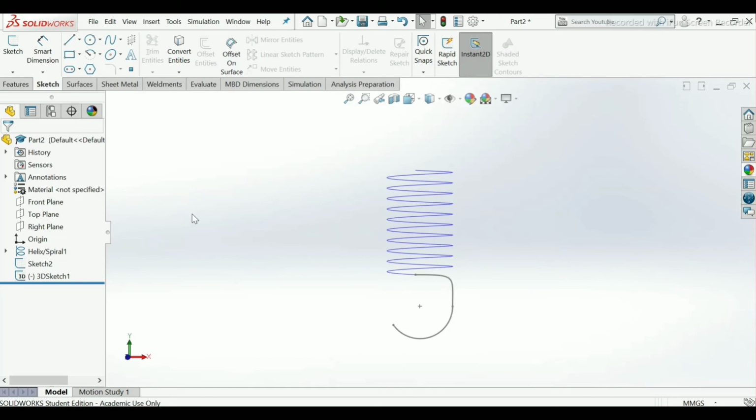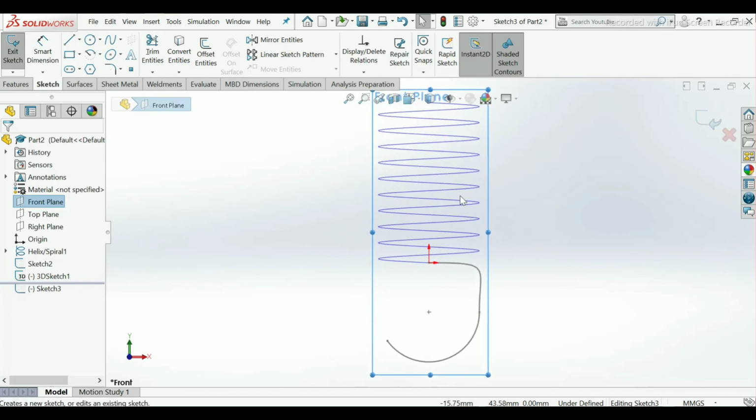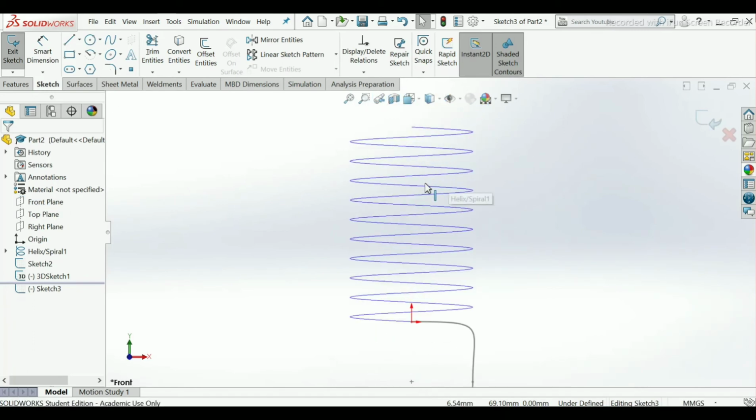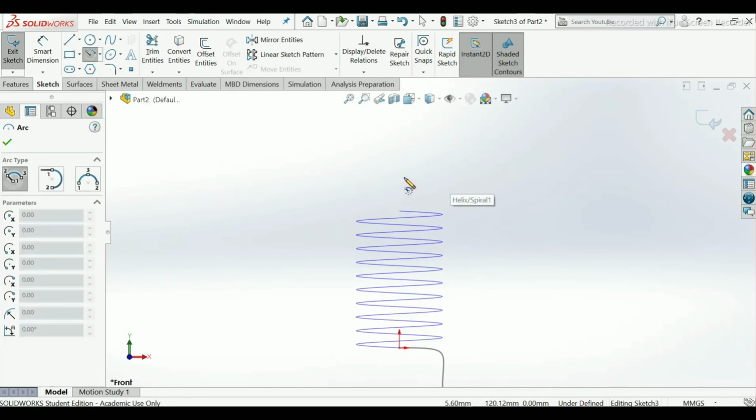It is joined. Now again go to front plane, sketch, normal to profile, make here another arc same as it is, should start from origin point only.